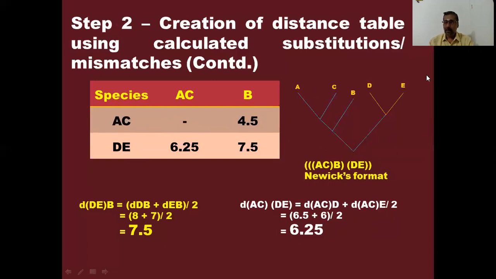Now, if I'm asking you to find which is the outgroup, what will be your answer? It should be ACB or it should be DE? Yes, priority should be given to more groups. So here the outgroup should be D and E, whereas ACB is very, very close. And you can give visual output like this, a phylogenetic tree.